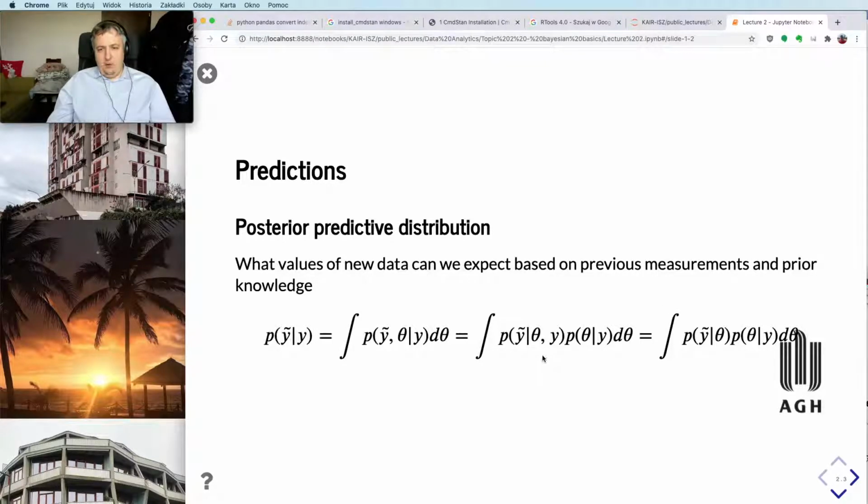Because we can now use the formula for joint probability, where we can divide the probability of y tilde as being conditional on both theta and y, times the probability of theta conditional on measurements. Probability of theta conditional on measurements is something that we can get from Bayes' theorem, so we'll be able to input it here. And probability of y conditional on theta